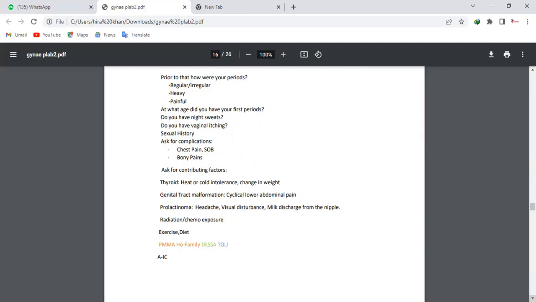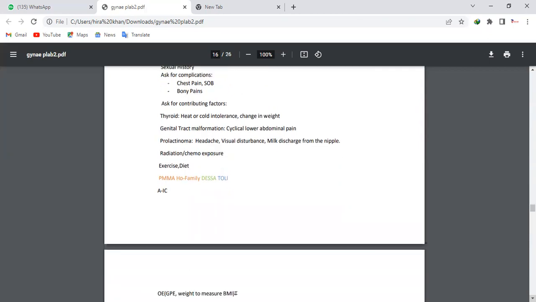Like, do you do exercise? She might say yes. Then how much and how often? All right. And how is your diet? Do ask. These questions are really important here, because not having periods can be triggered by doing too much exercise or being on a strict diet. Okay, so then can you complete the rest of the history? Not all the questions are important, but do ask the relevant ones.